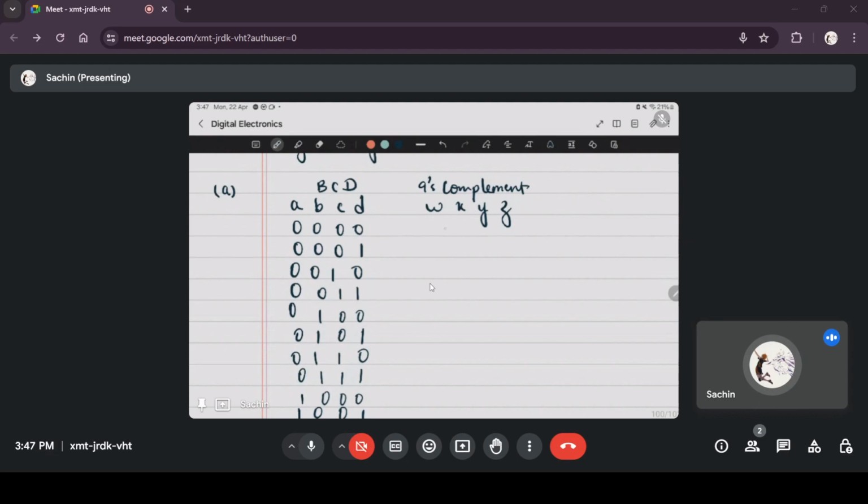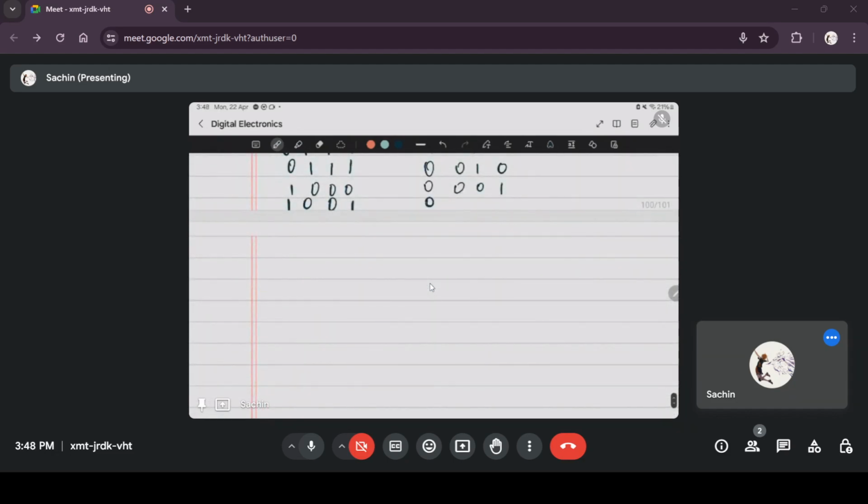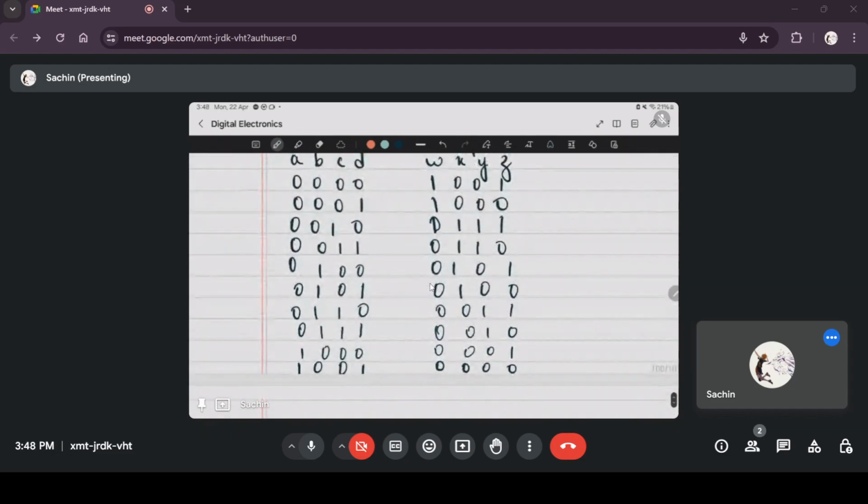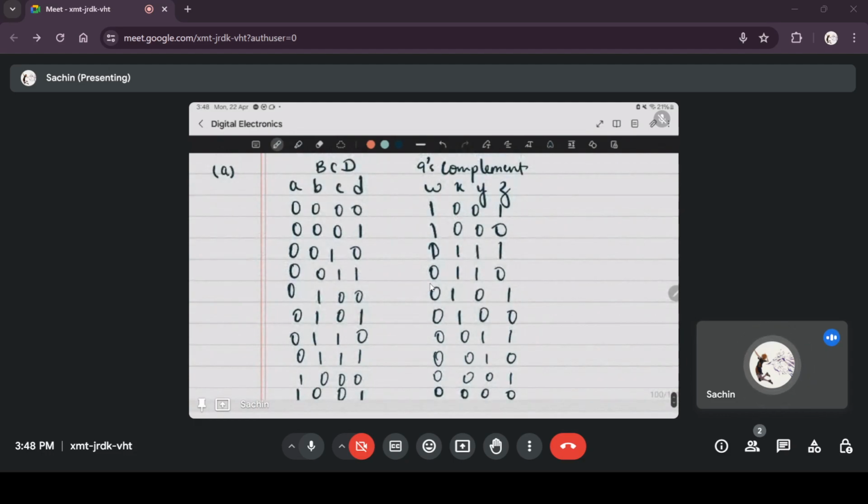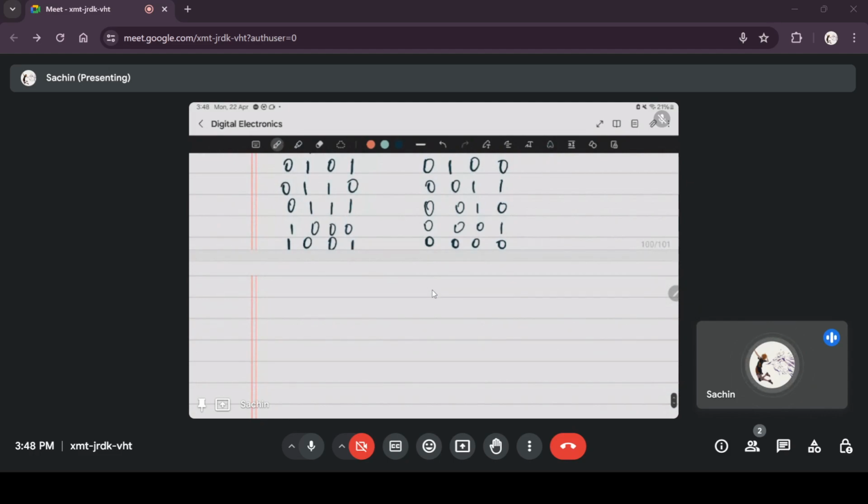So 9 minus 0 is 9. 9 minus 1 is 8. 9 minus 2 is 7. 6. 5. And then using the truth table you can write it. You can write WXYZ as functions of ABCD